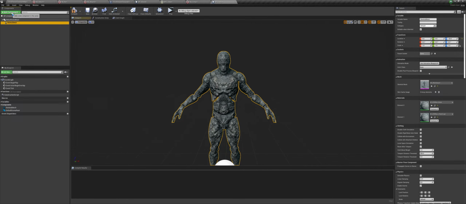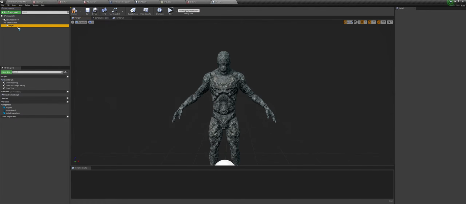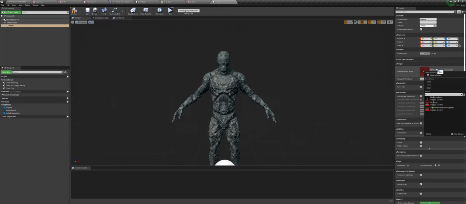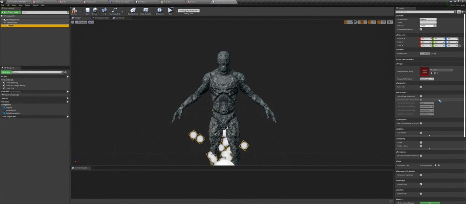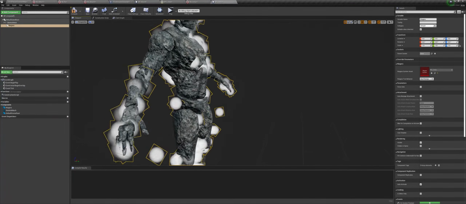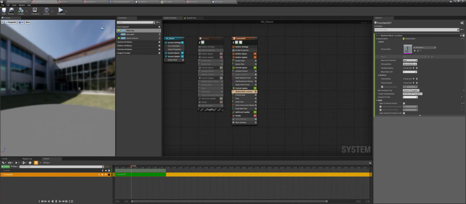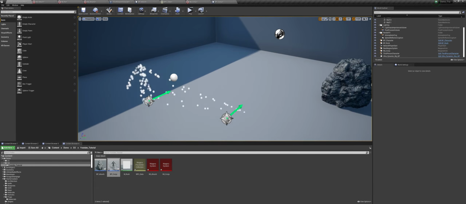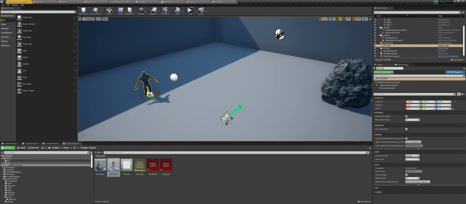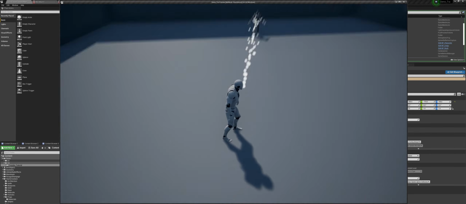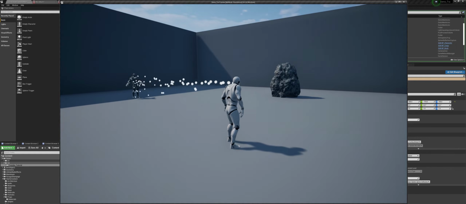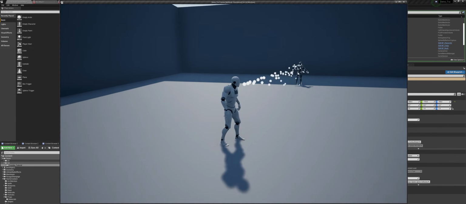Now we will add our Niagara particle system. So this one will be the conjuration. So you can see that it is forming the mesh like this. And now if we just delete this and plug in our character, you can see that it is trying to form our mesh like that.